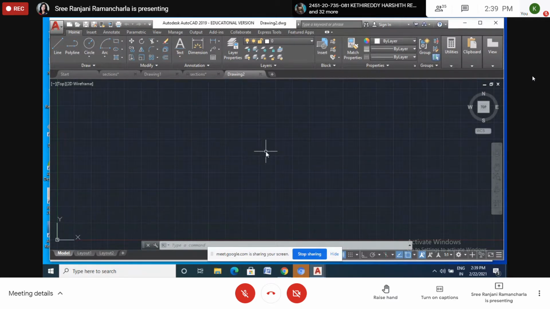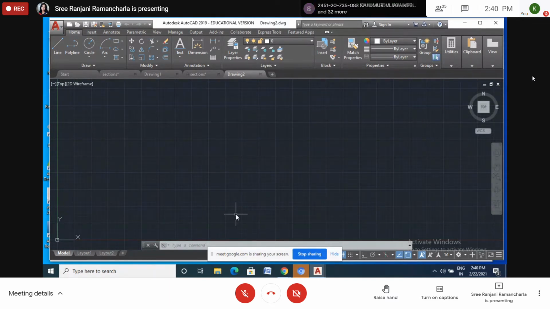How to set? First we have to set what type of units we are using. We are doing in feet or centimeters or meters or any other thing. So that also we have to set here.